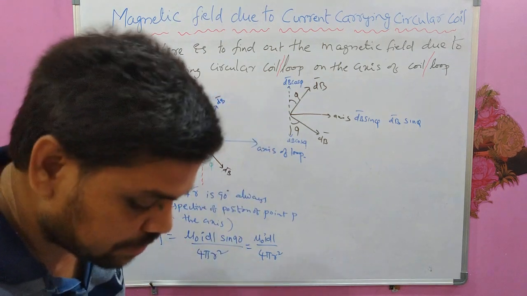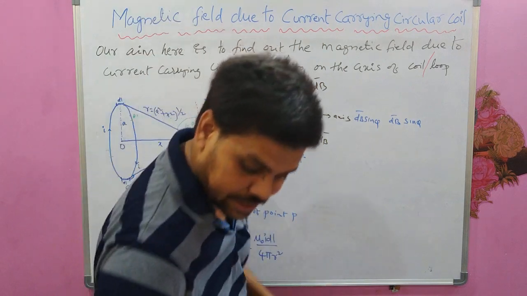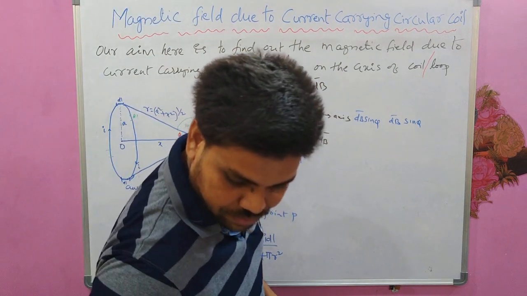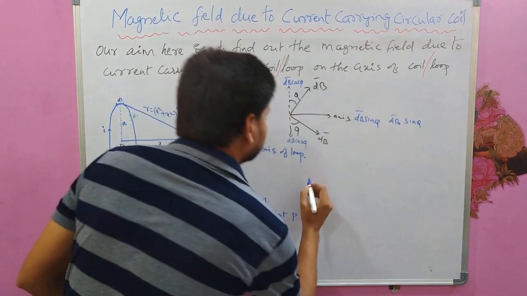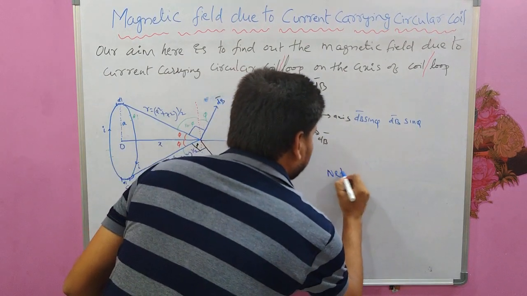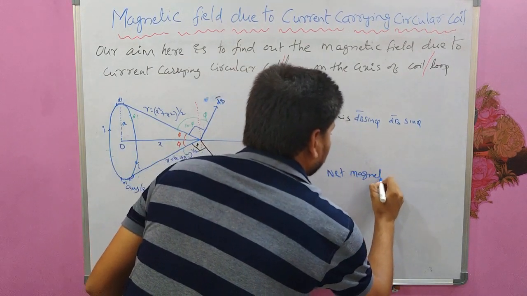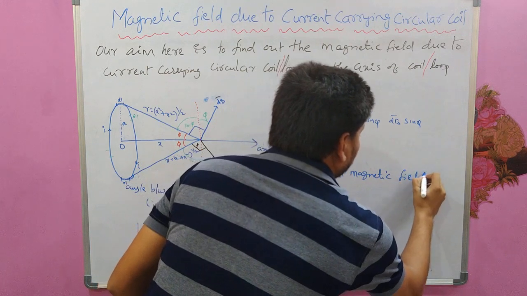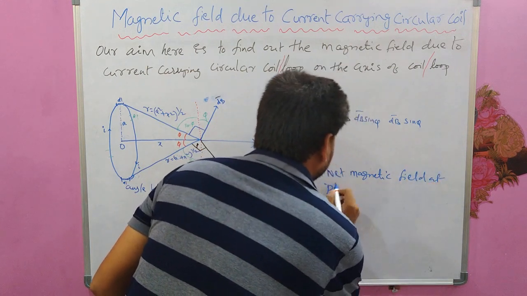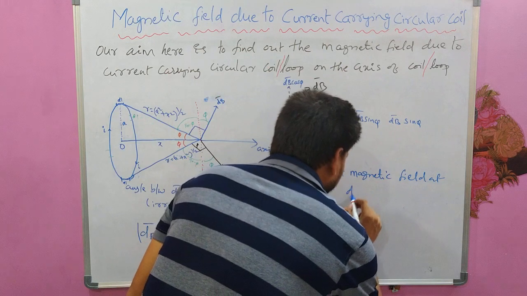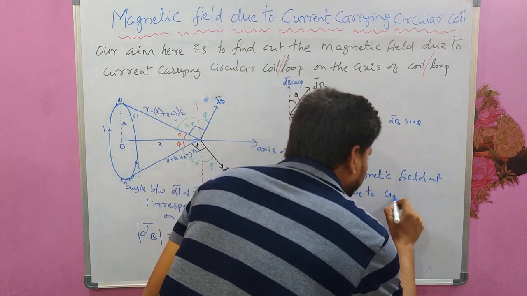So now if I want the net magnetic field at point P due to the current carrying coil,